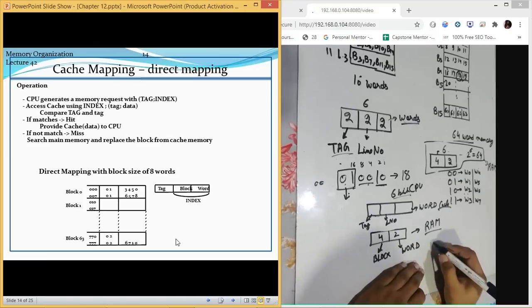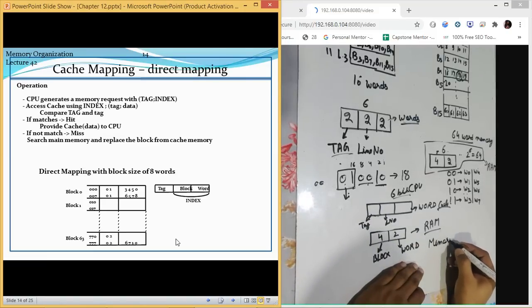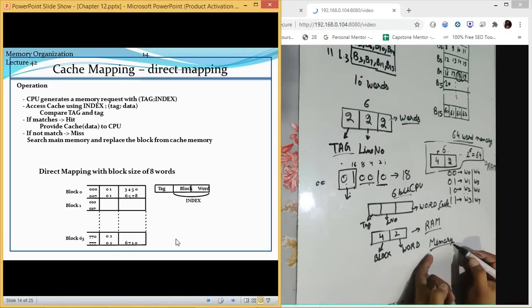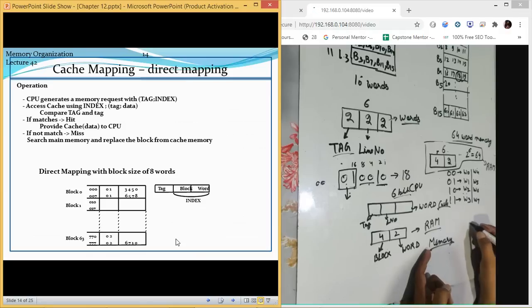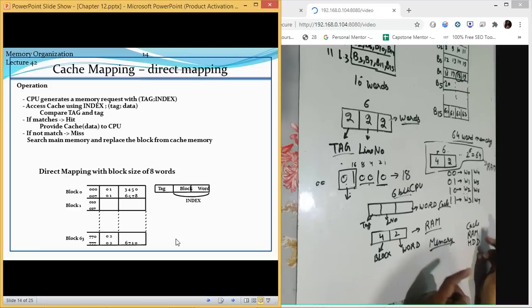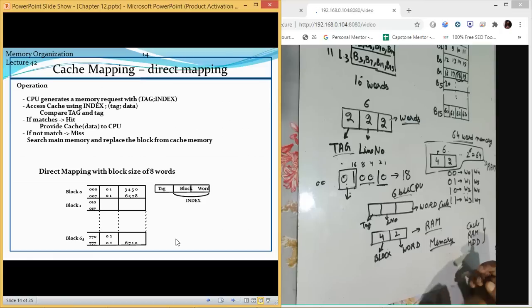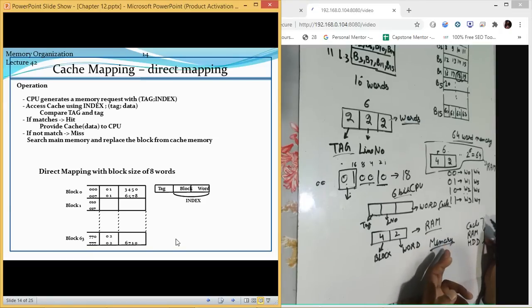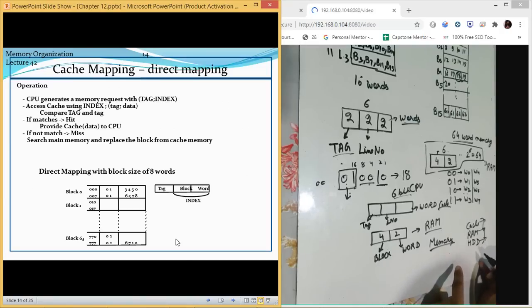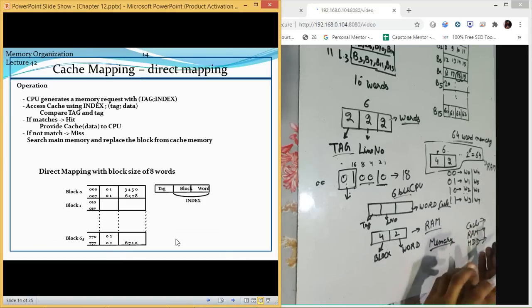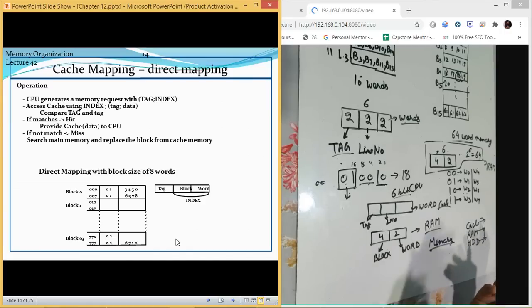What does it mean? All the memories which we are having, we need to develop such kind of mappings which should help you to access any of the memory, whether it is cache, RAM, or hard disk drive. All the memories should be accessible by generating a single address. So your CPU should be able to access cache by generating a single address, as well as RAM and hard disk drive. It should be able to access all three by using the same address. So that is the main motive of mapping.